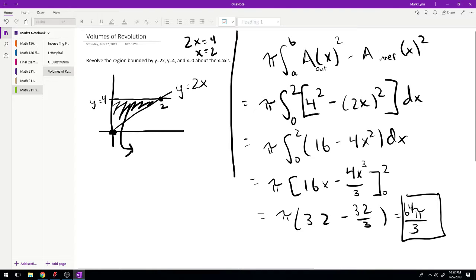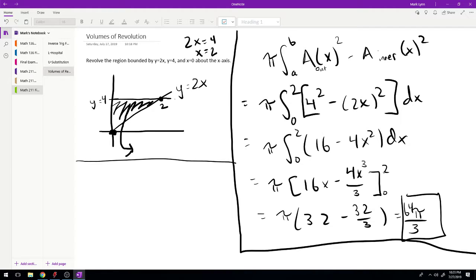So the washers method is over here. We're going to start the shells method here. Remember, with the shells method, if we're rotating about the x-axis, that integration will have to be with respect to y. And shells is like the volume of a cylinder, so it's like 2 pi rh. So 2 pi times the integral